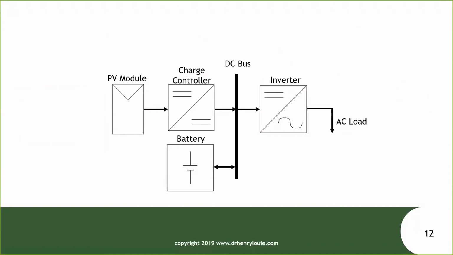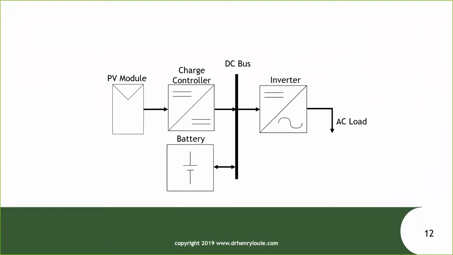So it's a critical component in an off-grid system, but you actually do see systems without that charge controller. These would be more improvised systems that maybe somebody in a rural area cobbles together, and they connect their PV module directly to a battery. But in most engineered systems, you do see that charge controller. Now, some charge controllers have another feature, maximum power point tracking, which I'll talk about a little bit later, but you can think of it as just maximizing the power produced by the PV module or PV array. So the charge controller and battery are coupled together on that DC bus.